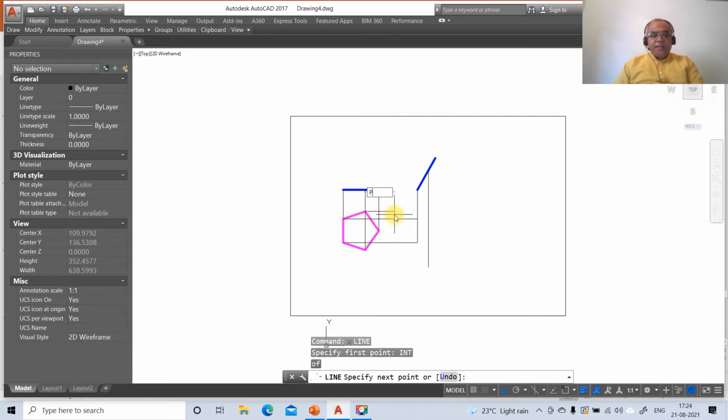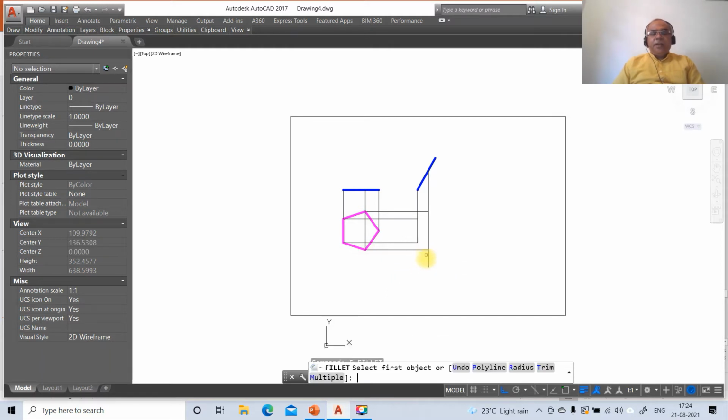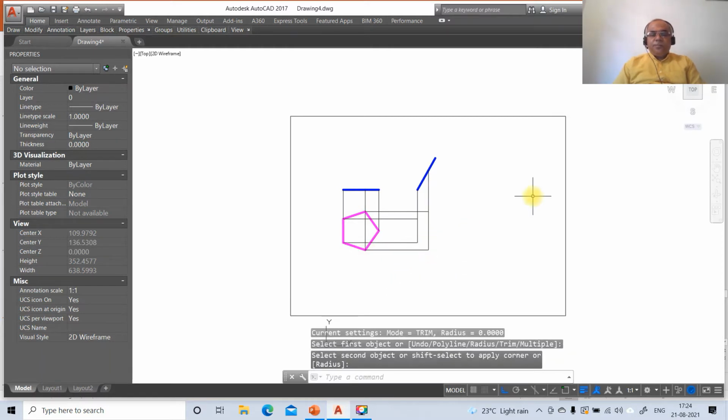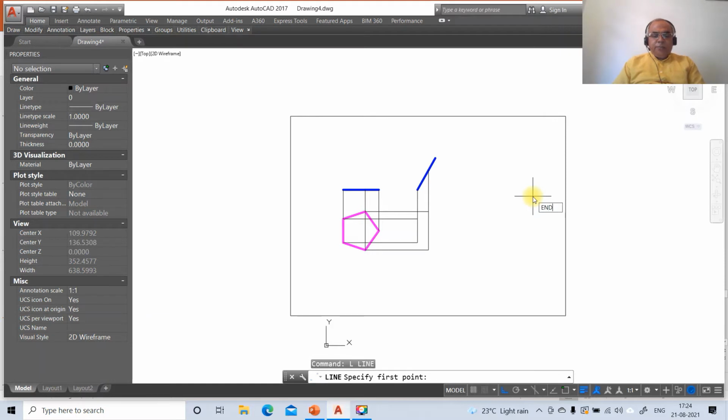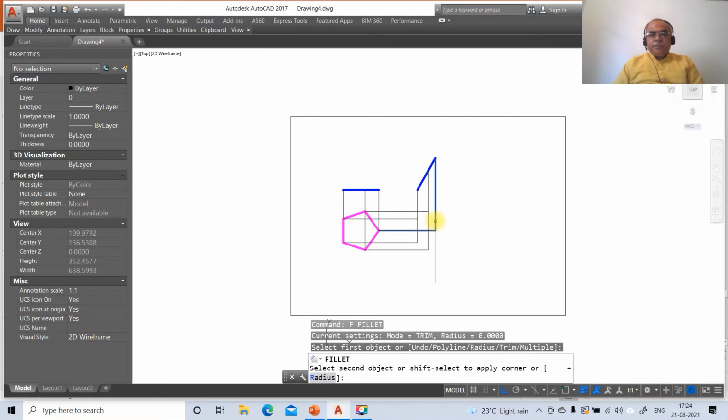Then go to line, take INT of this and draw a perpendicular to this. Then again take line, INT of this and draw a perpendicular to this line. Then go to fillet between these two. Then go to line, take the endpoint of this and draw a vertical line, and from here draw a perpendicular to this line. Then go to fillet between these two.